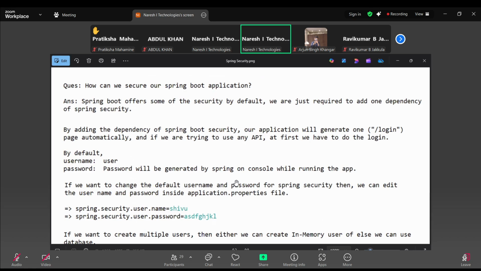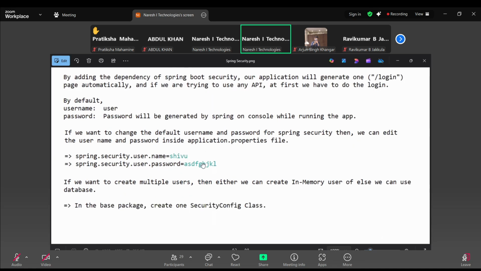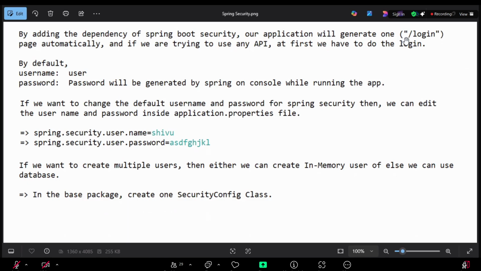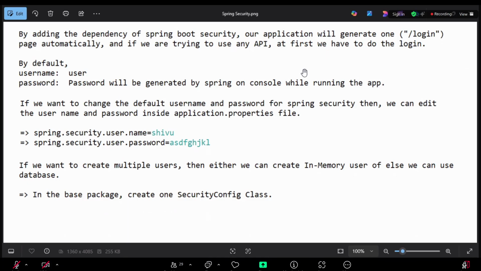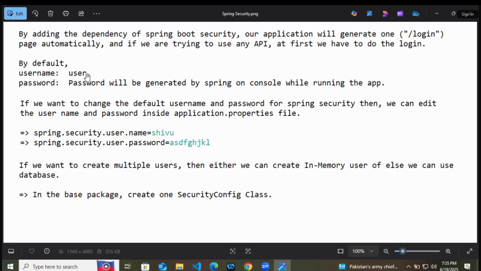It comes as a starter, which means whenever the application is starting, at that time only it will create a slash login page. In that slash login page, by default, the username is user and the password will be generated by Spring on the console when you are running the app.